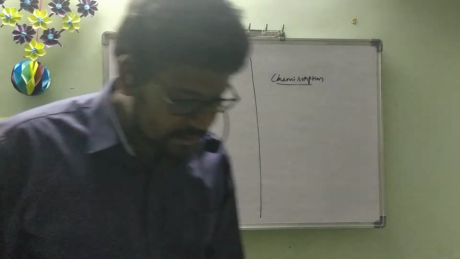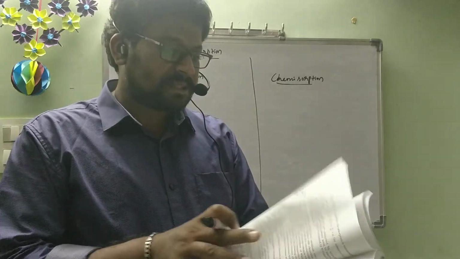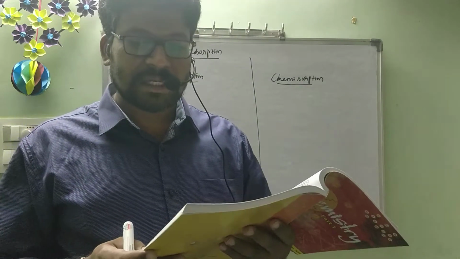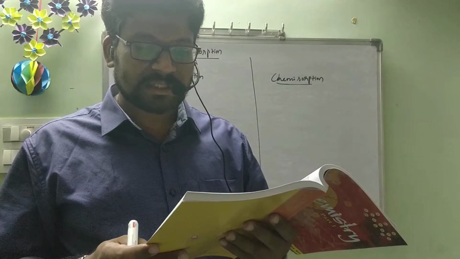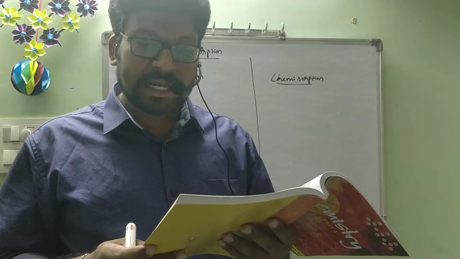Okay, now let us see the characteristics of physical adsorption and chemical adsorption. Before going to this, one small para I will read. Another important factor featuring adsorption is the heat of adsorption. During adsorption, there is always a decrease in residual forces of the surface, that is, a decrease in surface energy, which appears as heat. Adsorption, therefore, is invariably an exothermic process. In other words, delta H of adsorption is always negative.